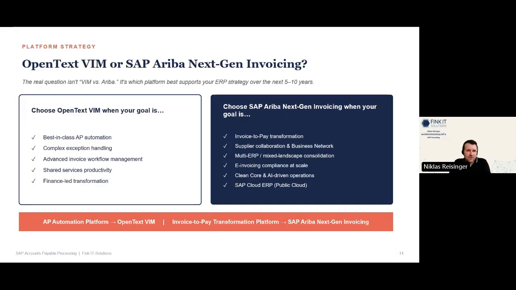If you want the best in class AP automation, then you go for OpenText vendor invoice management. The exception handling and the workflow management are much more matured, and you can really handle complex situations with that. If your processes are really straightforward, you have small processes, only invoice to pay, then you might also consider buying